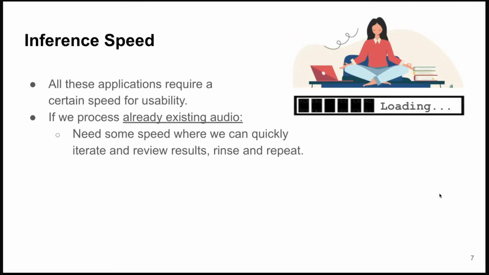We need these models to run at an acceptable speed at which we can actually iterate, modify the input, rinse and repeat. For instance, if I'm trying to process an audio signal to apply a compressor that is emulated by a neural network, I want to feed audio to this compressor, get a result, and if I don't like it, I may be able to change some parameters of this neural compressor in order to get a new result.